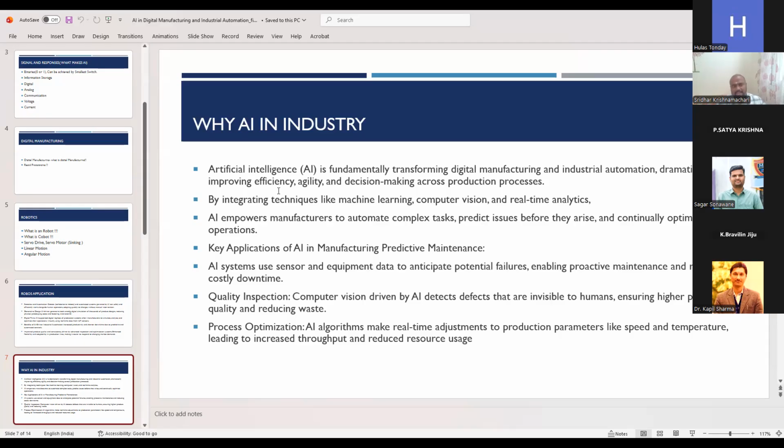One more important thing in AI is detection of products. When the product is manufactured, it has to be recognized whether it is good or bad, right? For that, what do we need to do? We need to compare with a good product. That will be captured by high-end vision cameras, and based on that, it will compare with the existing one. Whatever it is taught, it will do. For example, if it is taught a bad product as good, it will also do that. The advantage of high-precision cameras is that they respond in a fraction of a second. We can imagine the scanning time is hardly 0.5 seconds.